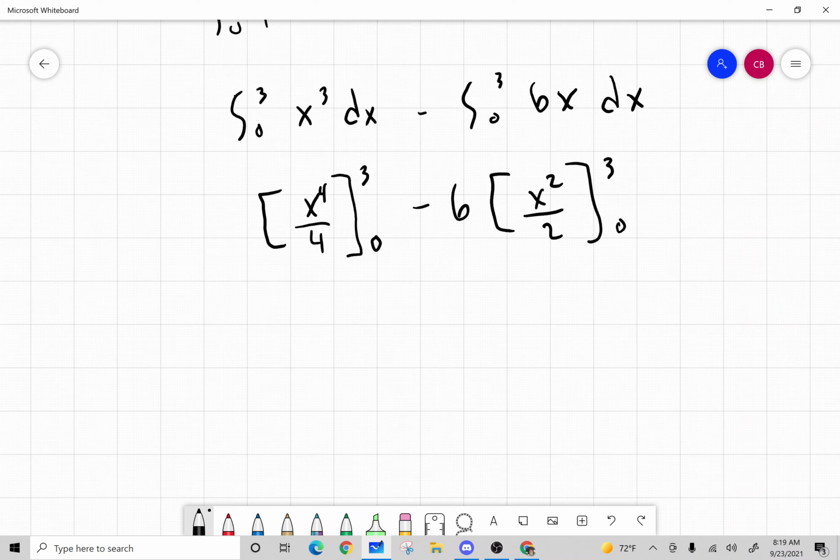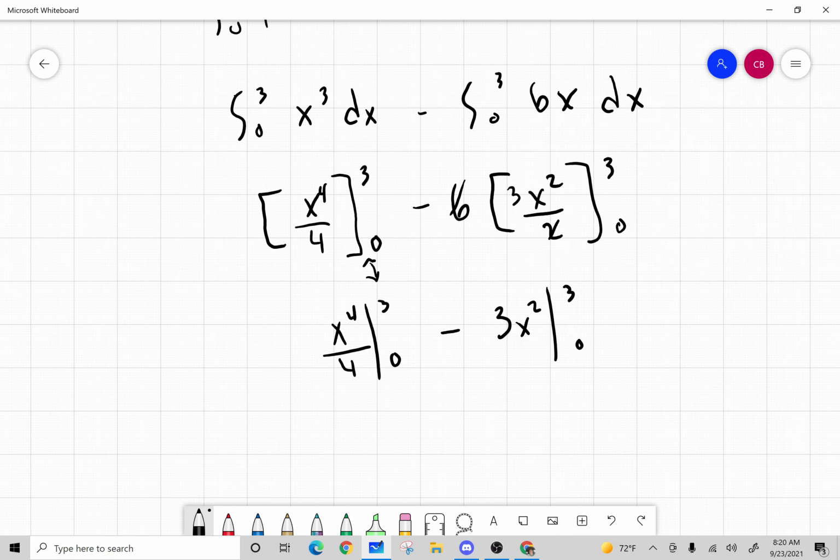Now I'm going to simplify the 6 and the 2 here. So we've got x to the 4 over 4, 3 to 0. I'm changing the notation. There's no difference between this step and this step. And then we're just going to make this 6 cancel with the 2 and give us a 3. So minus 3x squared,